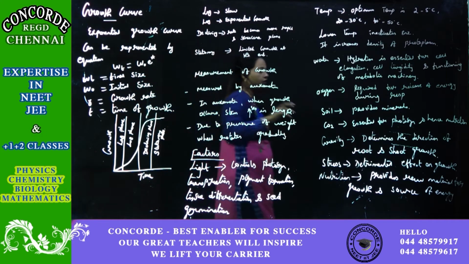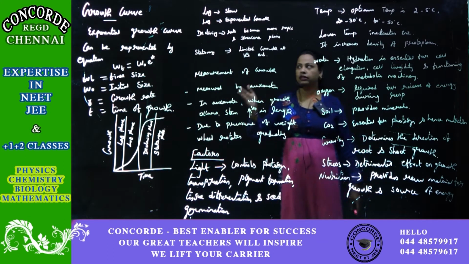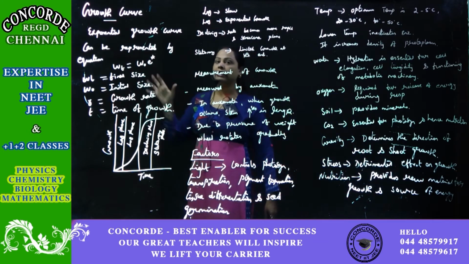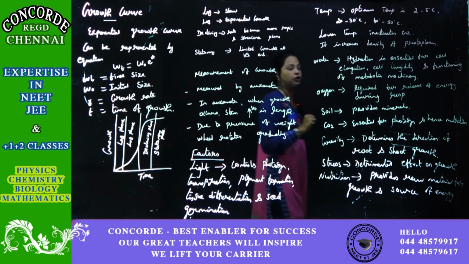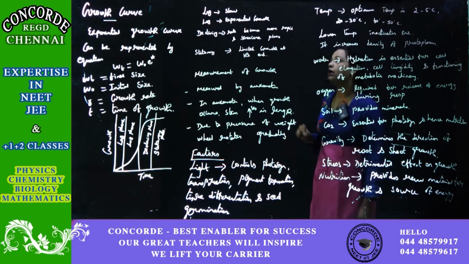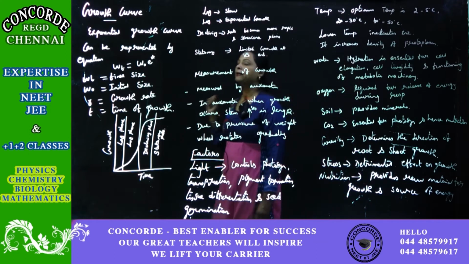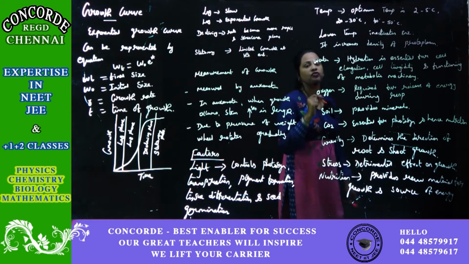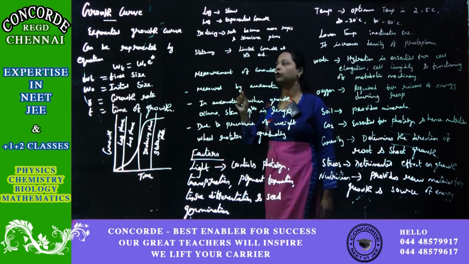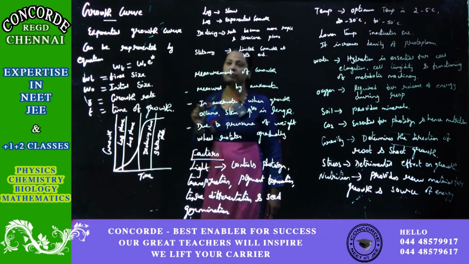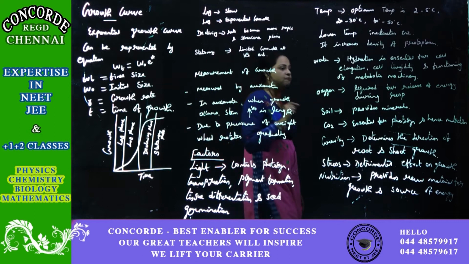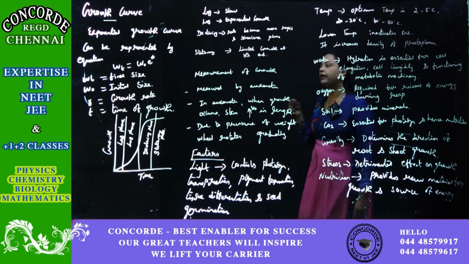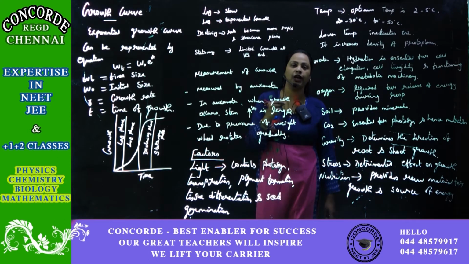Be the growth curve. Previous thing we were discussing about arithmetic growth and geometric growth, right? In that geometric growth, I have already told you that geometric growth is determined based on the nutrient present in the medium. So when the nutrient is present in the medium, that leads to a curve called growth curve. Growth curve is nothing but exponential growth. It means a growth which rapidly taking place in the nutrient medium is called the exponential growth.